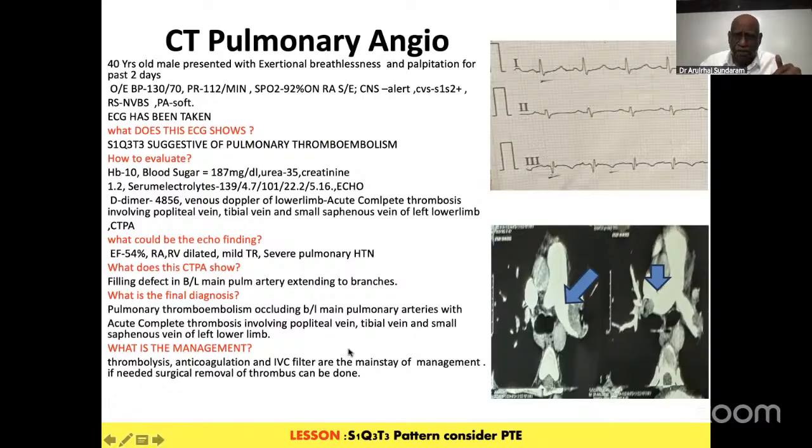The clue will be from the ECG. Here, S1, Q3, T3 is always typical. Even if it is coronary artery disease, try to rule out pulmonary thromboembolism. Do an echo for this fellow, you will have a dilatation of the right atrium and ventricle, and sometimes you may be able to visualize a thrombus in the main pulmonary artery. A peripheral venous Doppler will tell you whether there is a thrombus or not. Sometimes the pistol could have been shot, and the gun may be empty.